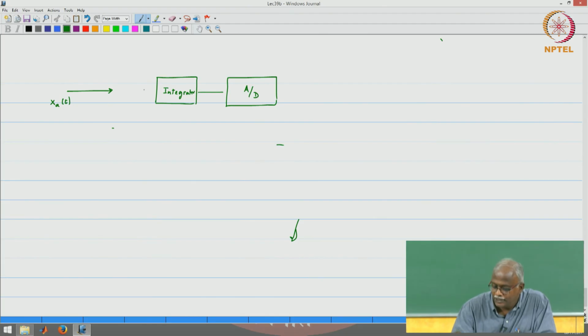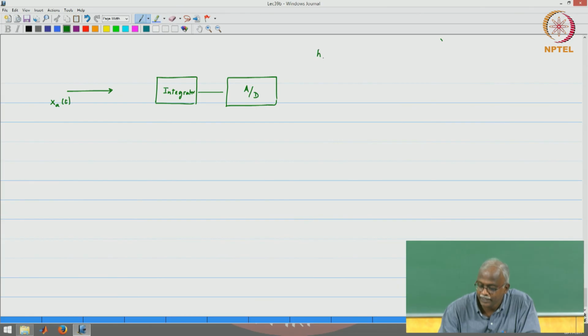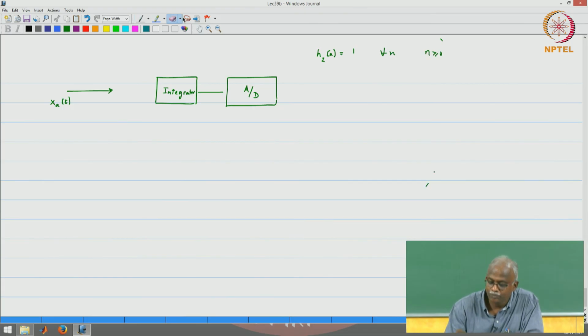So, what is an integrator? An integrator is one that adds all of the past samples. Can you write for me the impulse response of an integrator? hi[n] is equal to 1 for all values of n greater than or equal to 0. So, that is a causal integrator. If I were to ask you the filter response of this, Hi(z),